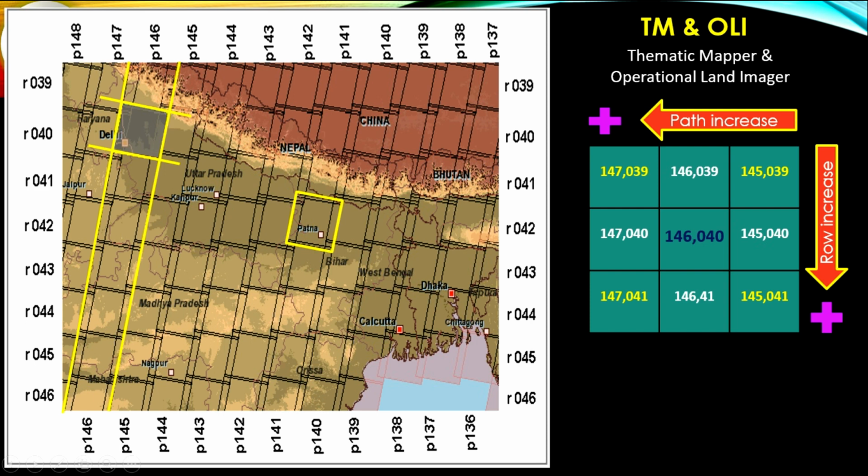In this way we can derive the different path and row numbers of different cities like Nagpur, Jaipur, Lucknow, Calcutta, Dhaka, and different parts which we need.